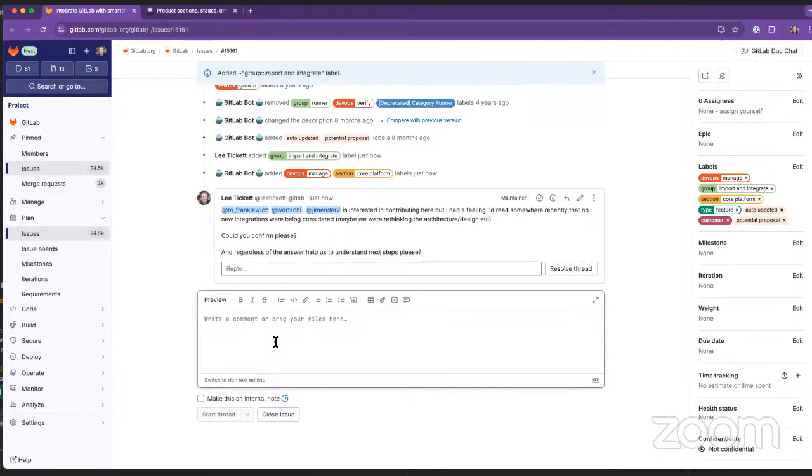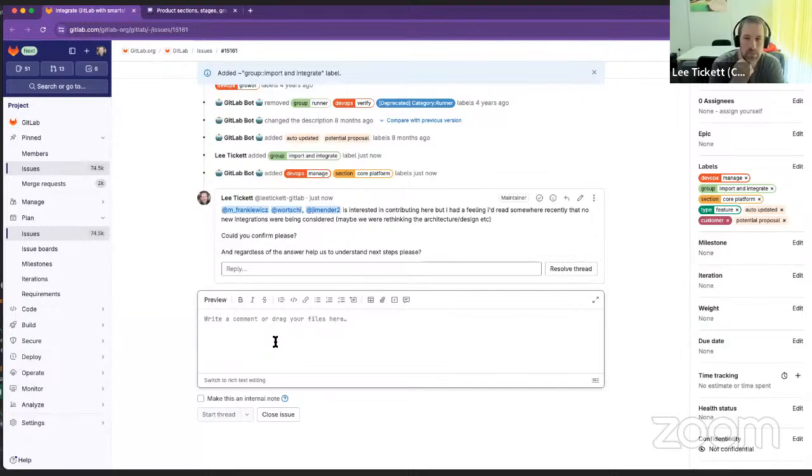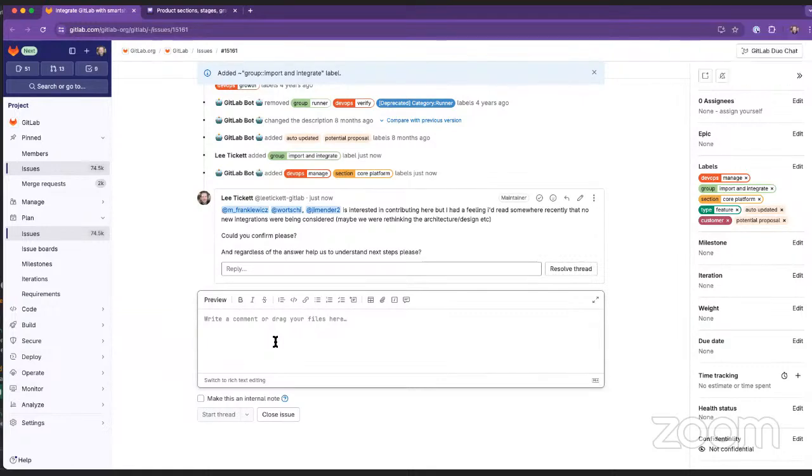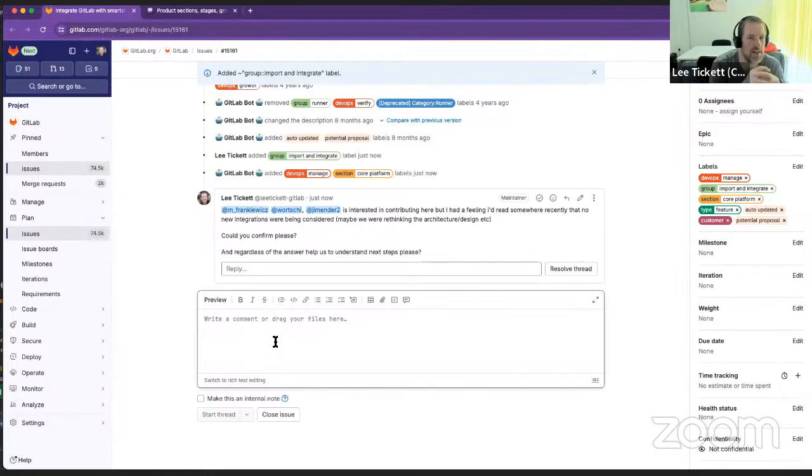So let me ask this. If no new integrations are being planned at this point, then the next best step that I could do is build something with webhooks or something. Yeah, exactly, and that's actually what I've, like, before I had my eyes open to open source, and the fact that GitLab is open source and you can make changes. Everything that I did was using the APIs and webhooks, and for some things, it's still quite